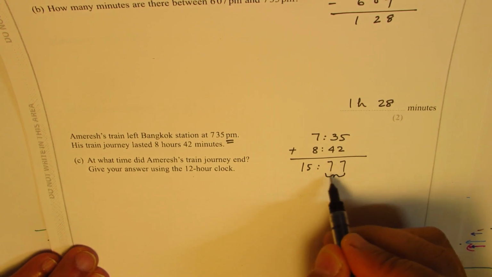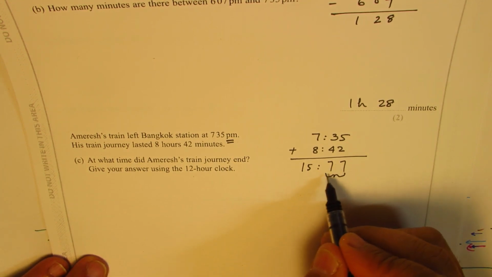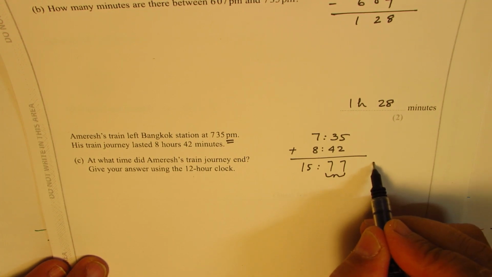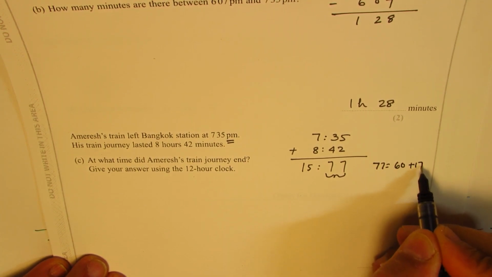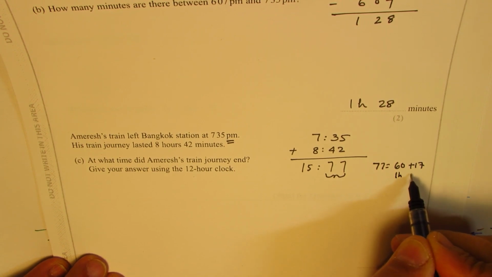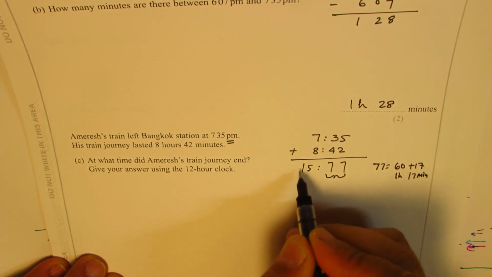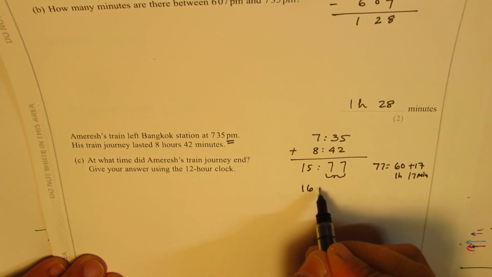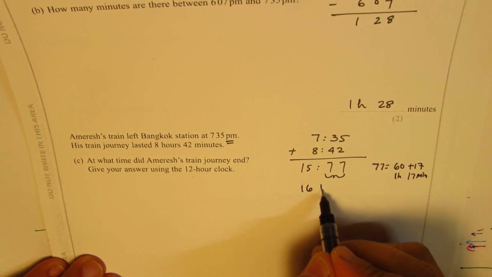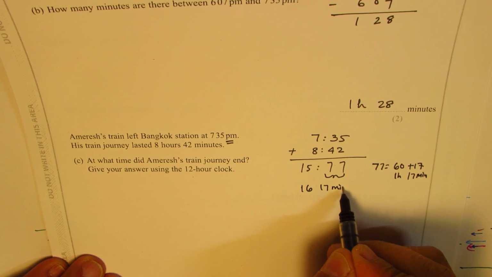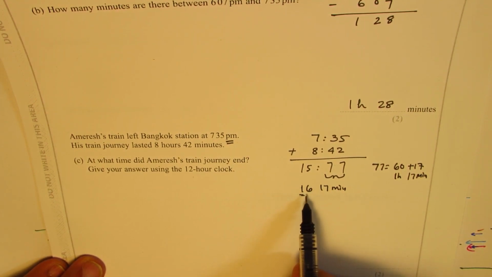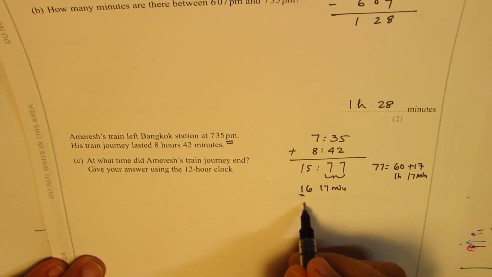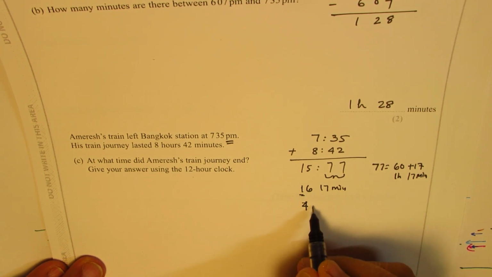You need to convert this to hours and minutes. So 77 can be written as 60 plus 17, right? So that is like 1 hour and 17 minutes. So what we get here is 16 hours and 17 minutes, correct? So 16 is 4 more than 12, right? Therefore, we could write this as 4:17